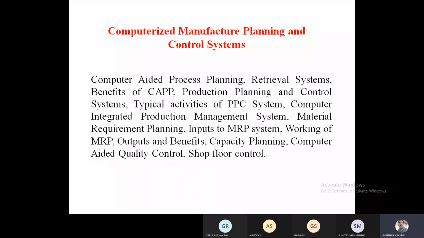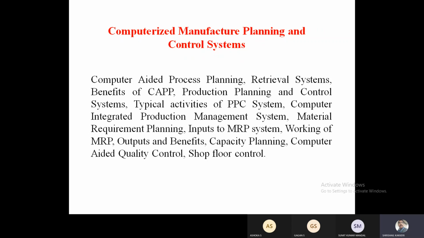Systems. So in the earlier classes, I had discussed what is manufacturing planning and control. Manufacturing planning and control is that as soon as any industry receives the production order, the production control engineer comes into the picture. The production control engineer and the production planning engineer are two important engineers. They will be involved in this. Now, planning is one.